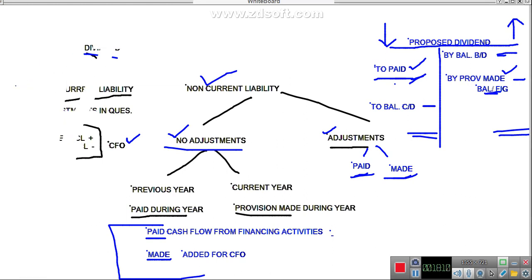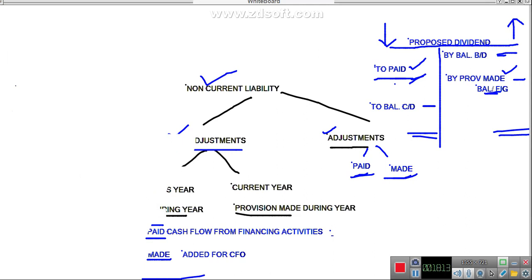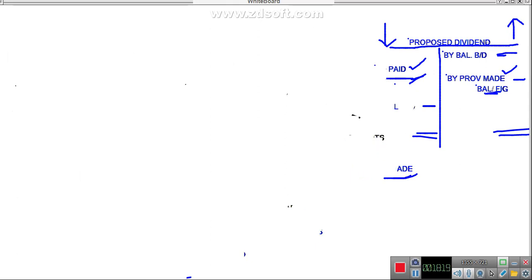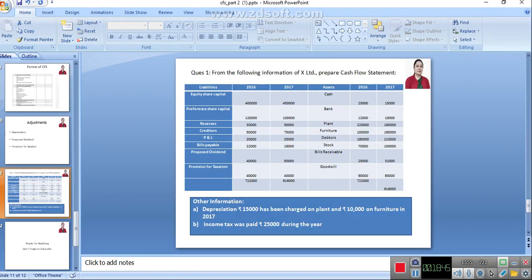When you read any cash flow statement related question, always remember to note the adjustments first. Somewhere in the notebook note down if any adjustments are given, and related to which topic. So I am noting here you have been given an adjustment related to depreciation. Another thing given is taxation. So two things are given in the adjustment, I have noted. Now after this, let us begin with the format of the cash flow statement.